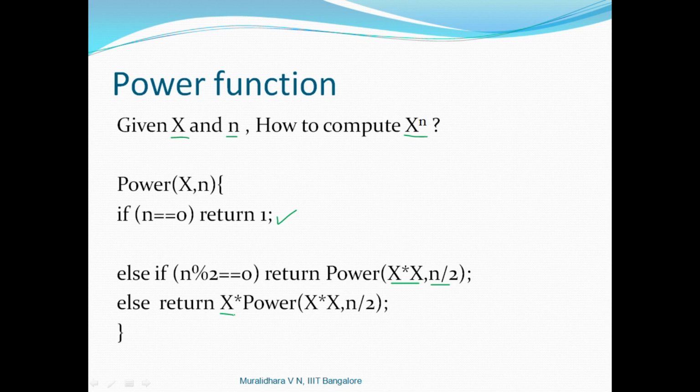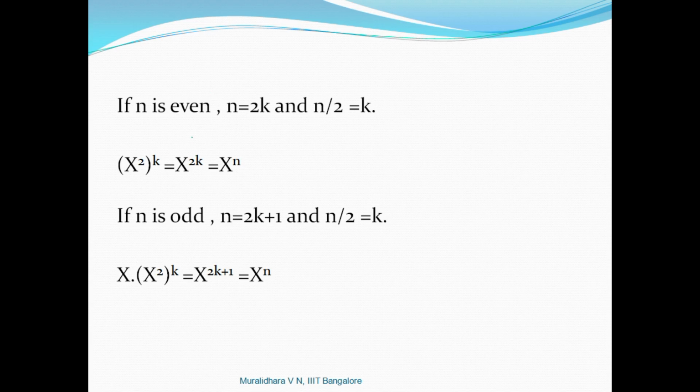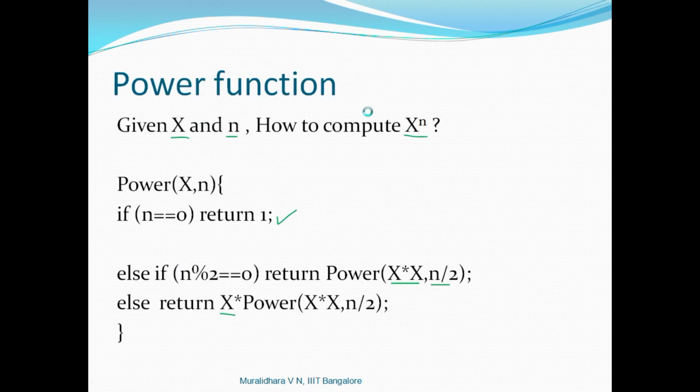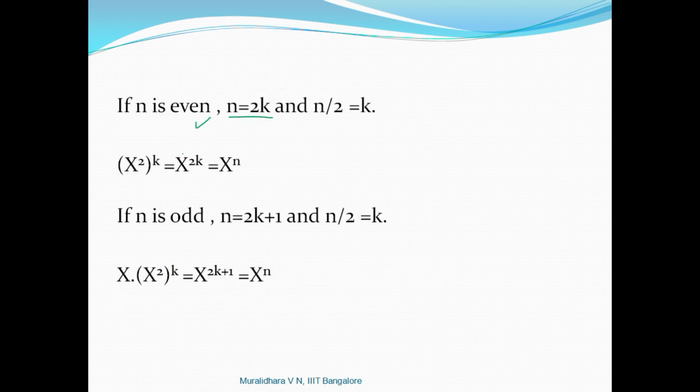So this is a very simple recursive algorithm which is supposed to compute x to the power n. We need to see why this algorithm is correct and what is the complexity of this algorithm. Let's first look at why this algorithm is correct. If n is even, then n can be written as n is equal to 2 into k, where k is another integer, so that n by 2, which is the integer division, will be exactly equal to k. So in this case we are computing recursively x square to the power k, because k here will be n by 2. x square to the power k can be written as x to the power 2k, which is exactly the same as x to the power n. So in this case what we are doing is correct.